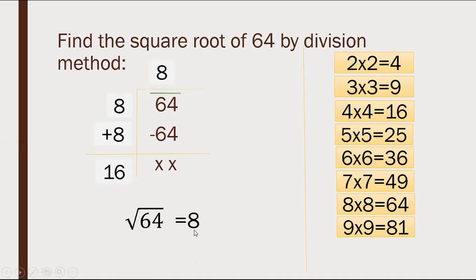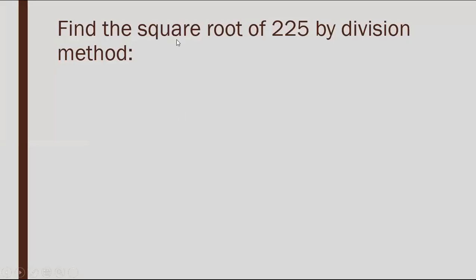In the end, we have to mention the answer that the square root of 64 is 8 only. Please don't mention the square root on 8. Okay? Clear everybody? The square root of 64 is 8. Now, here is an example of when two numbers are there. Now here, example with the three numbers, here we have to find the square root of 225.